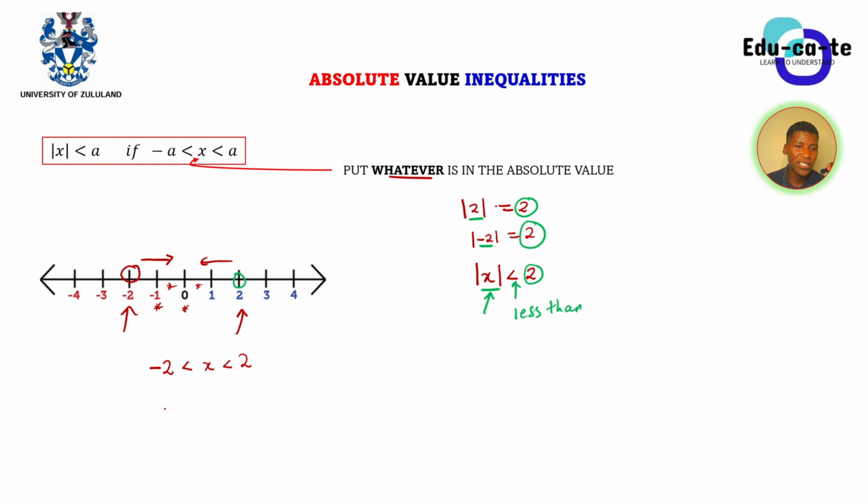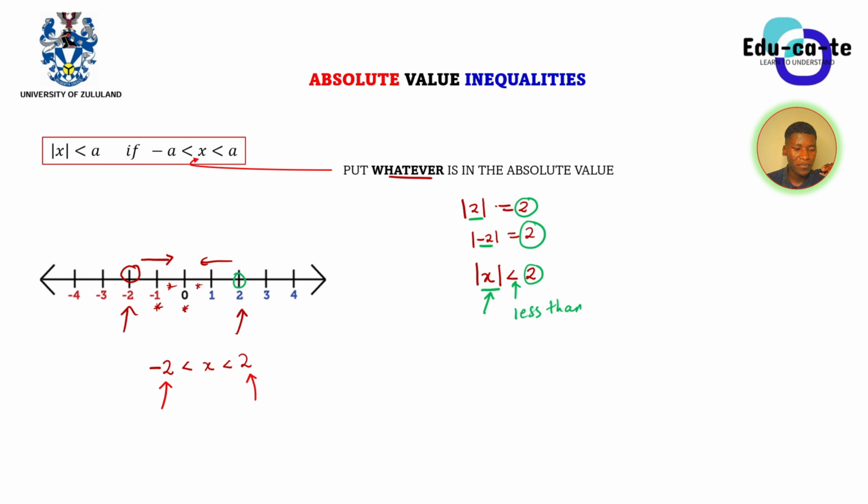Hence, when I write it, the x values that I must take must be between negative 2 and positive 2, because I know definitely that when I'm at negative 2, my distance away from 0 is 2. The absolute value of negative 2 is 2. When I'm exactly at positive 2, the absolute value is also 2. But when I'm between these two values, I get an absolute value that is less than 2. So now let us just continue plotting this.